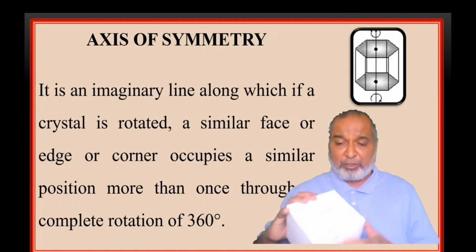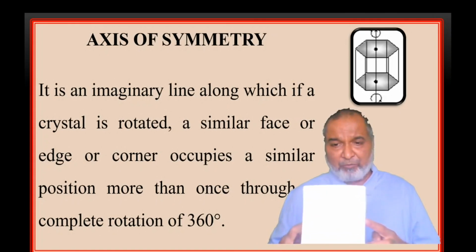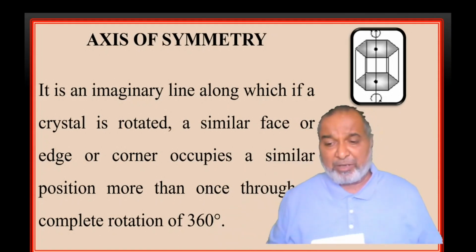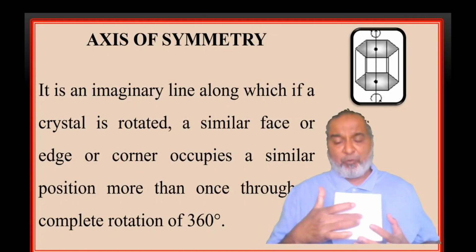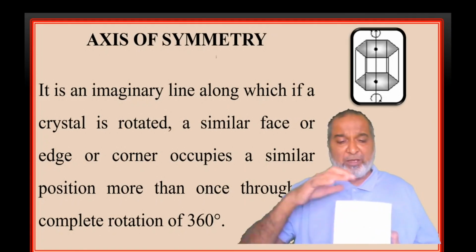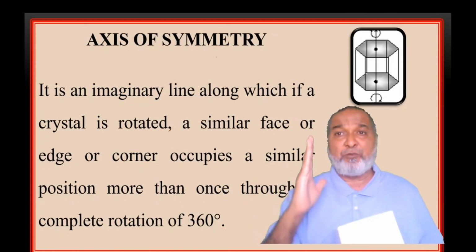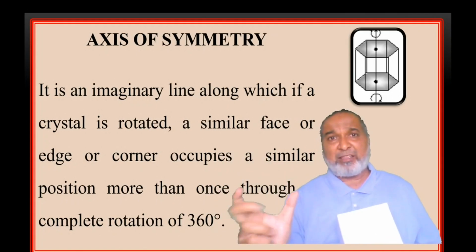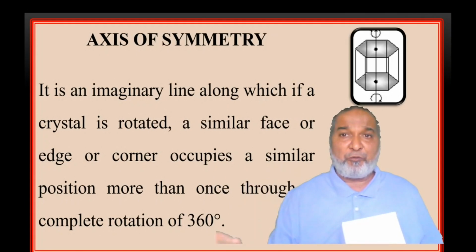Now what is remaining? The dot which is there. If I rotate now from this, 1, 2, 3, 4, because there are four faces, in 360 degrees four faces are coming. So I got along the A axis one of fourfold, along the B axis one of fourfold, along the C axis one of fourfold. So that becomes three axes of fourfold symmetry. So you have to add: 1, 2, 3, three axes are there. And how many times is the face coming? 4 times. 3 axes of 4-fold symmetry.